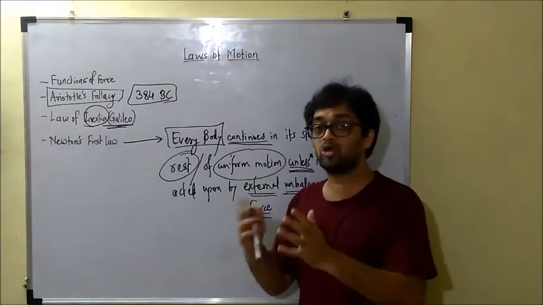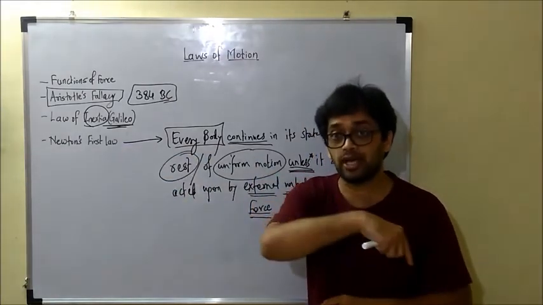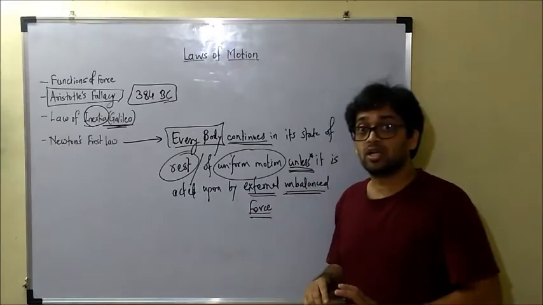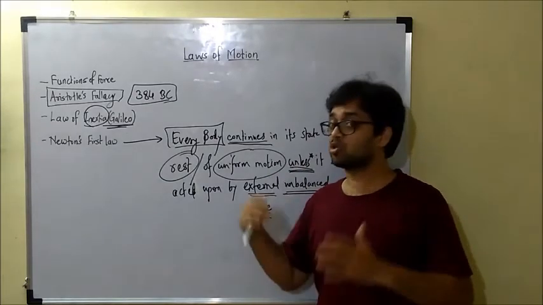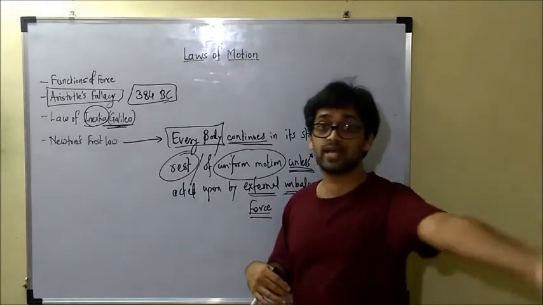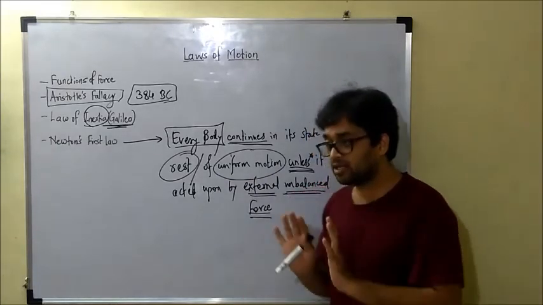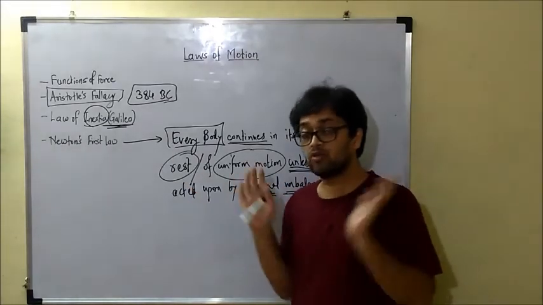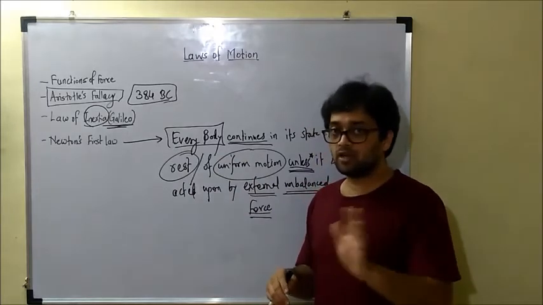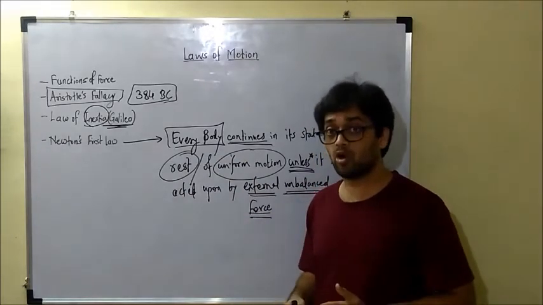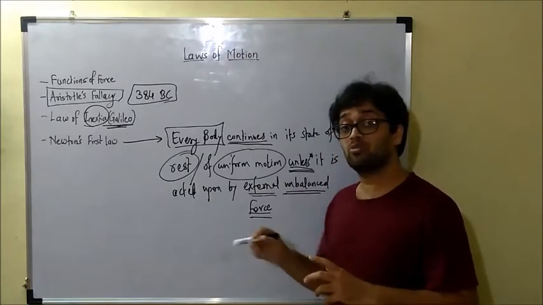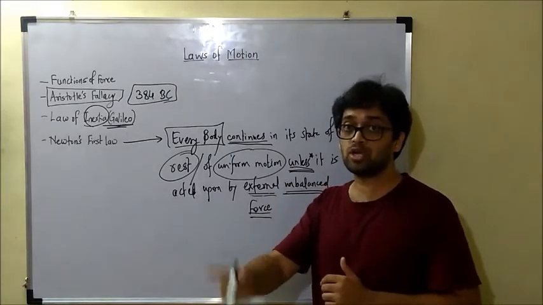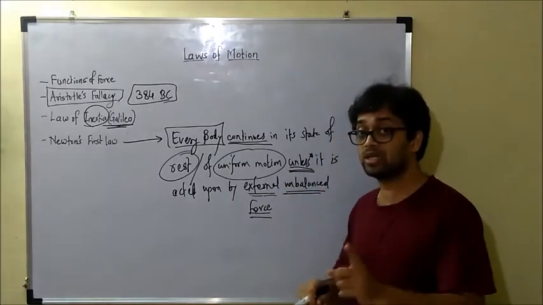So if you really want to move the bus, what should you do? You all 50 should get down, go behind the bus, and then start pushing it from behind. Then you become an external entity to the bus. You are no longer inside the body, you are outside the bus, and then you start pushing. The bus may move, it depends on how much force you 50 can collectively apply. But if you can apply enough force, the bus will start moving forward. The only thing is, you have to be an external agency to the bus. So only external forces can cause motion or can stop motion. Remember this, only external forces.